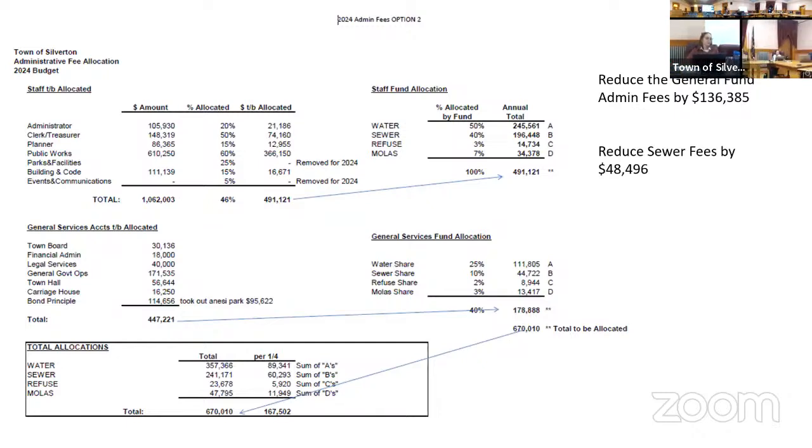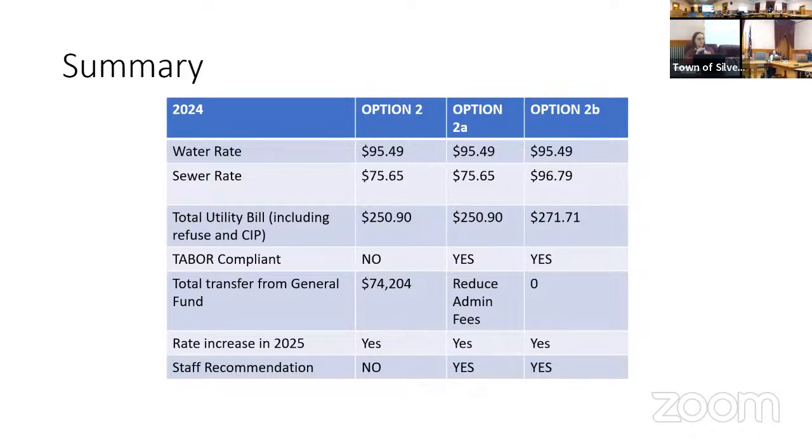So for families, currently, we're paying $213.43 every 2 months. That is about $106 a month. With option 2A, that goes to about 250, I think, bi-monthly, which would mean 125. So it's about $223 a year increase for a family or for an individual or a business, because we don't differentiate at this difference.